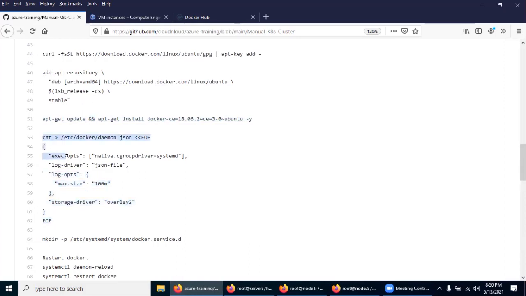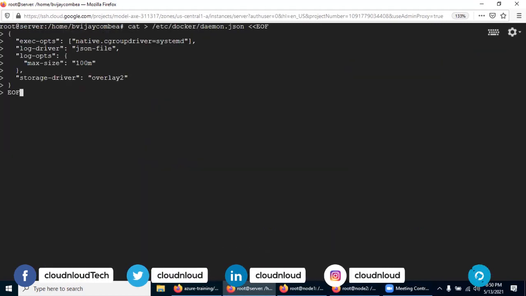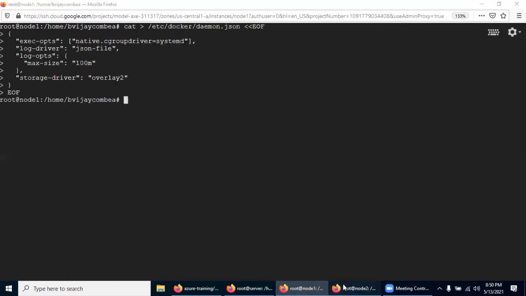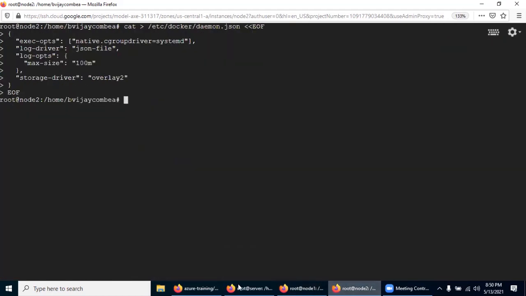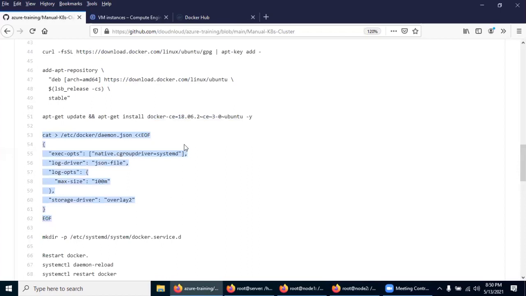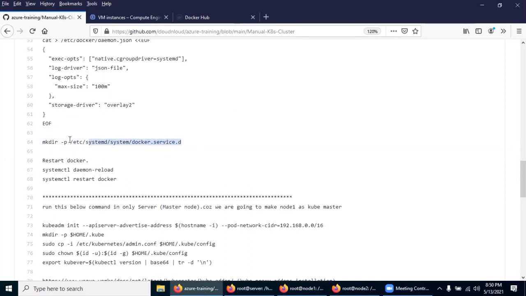Now we also need to configure the daemon. This is also mandatory. Let's wait. Yes, it's finished. Now we will configure this. I'm just enabling systemd.